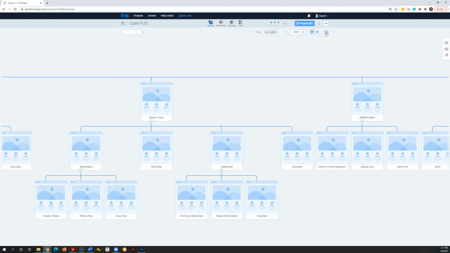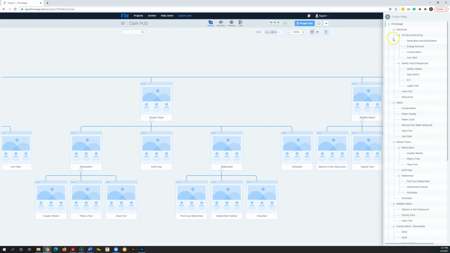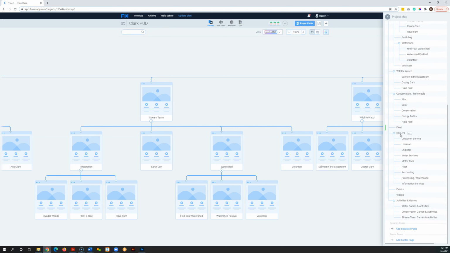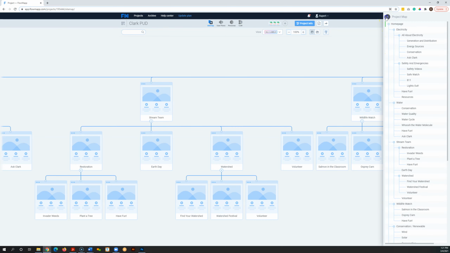And this next one here is the button that lets you see the pages as an outline. This pops out and it basically gives you an ABC 1, 2, 3, sort of top to bottom listing of the pages to give you a little bit different view of those. So that will pop out for you